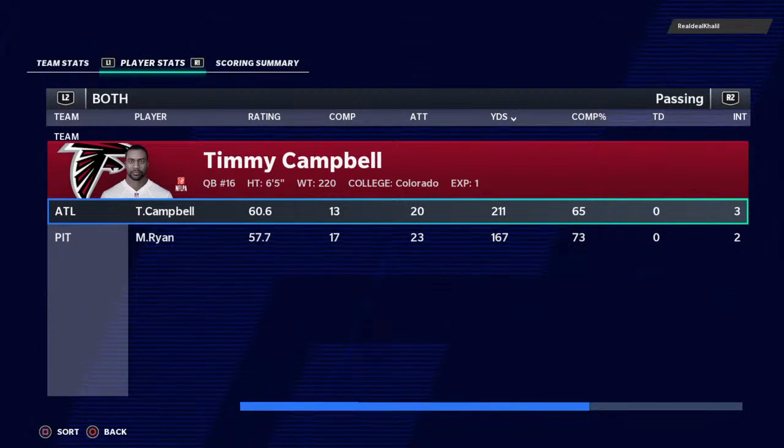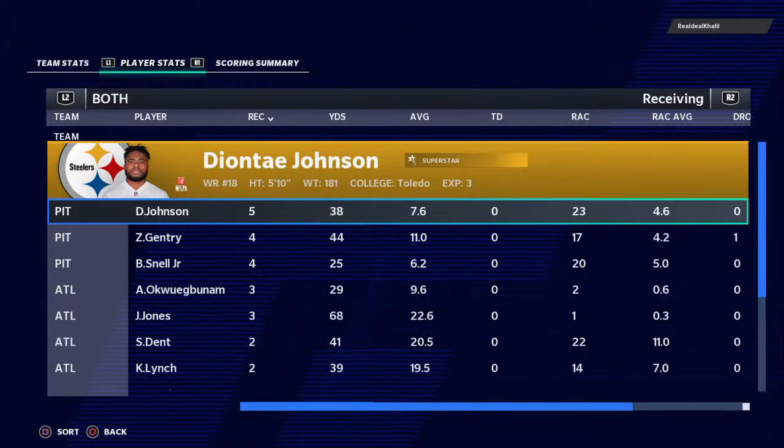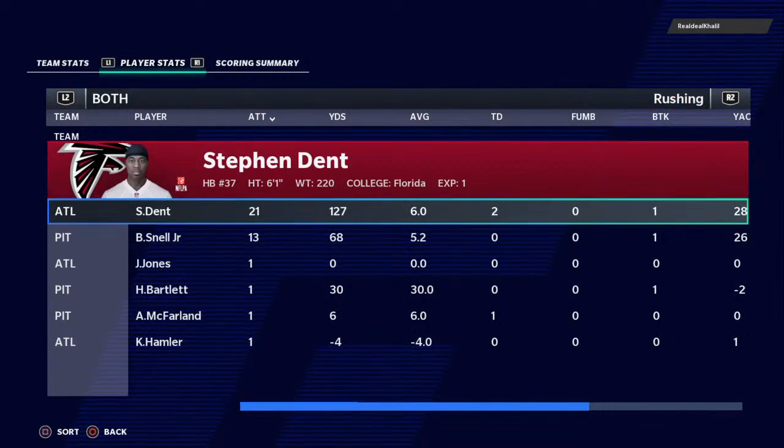So for the Falcons, they're on a nice early roll as they move to 3-1 with a win here. And they'll be able to enjoy this one through the bye week before they get back at it again. Meanwhile, for the Steelers,